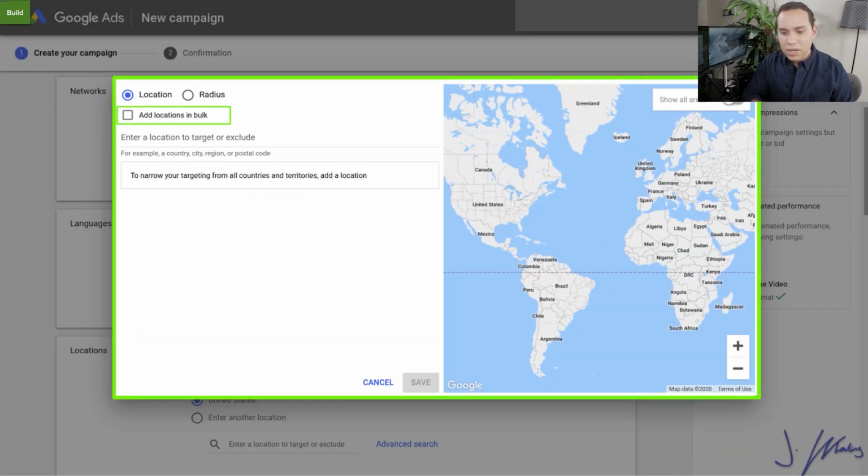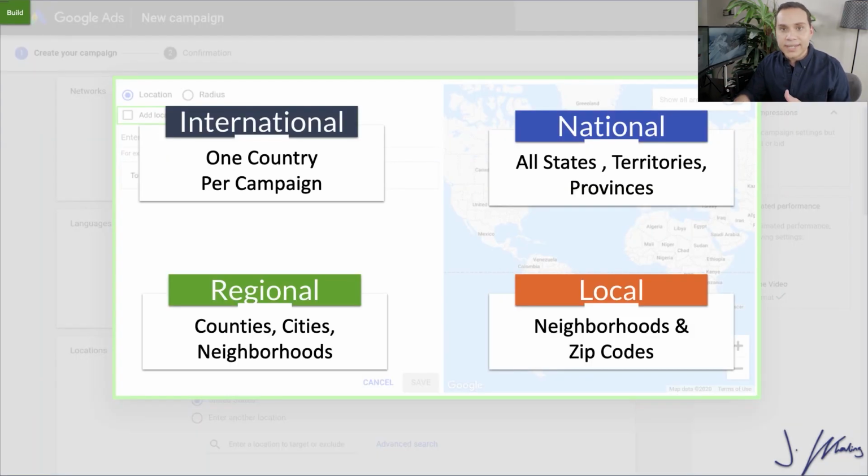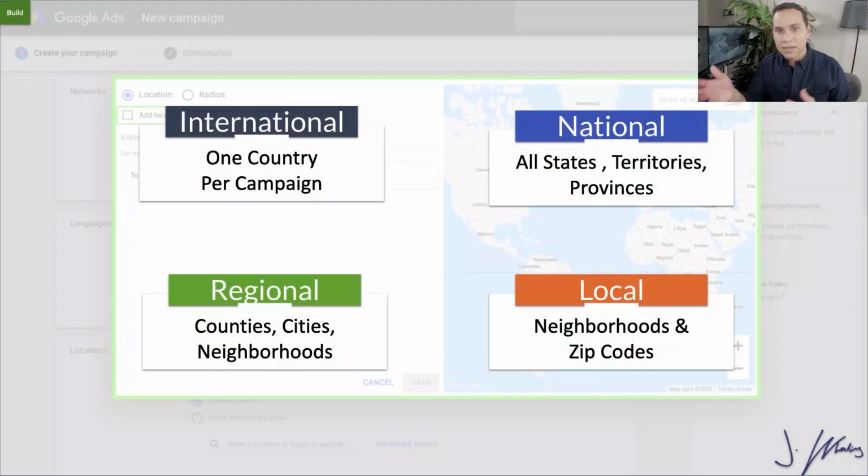Now, most of the time, you're just going to add bulk location. And here's a breakdown of how you'd want to use bulk location. If you are targeting a bunch of different countries, then go ahead and have one country per campaign. If you are targeting one specific country for your campaigns, then go ahead and just put in all the states and territories. Then if you are a local-based business and you're just in one particular state or area of service, then go ahead and just have the states, provinces, or territories that you want to target, and kind of the same for neighborhood. For example, real estate agents would go ahead and just type in individual neighborhoods or zip codes.